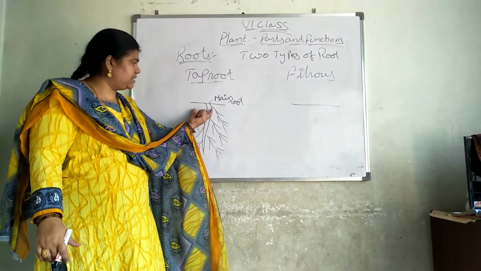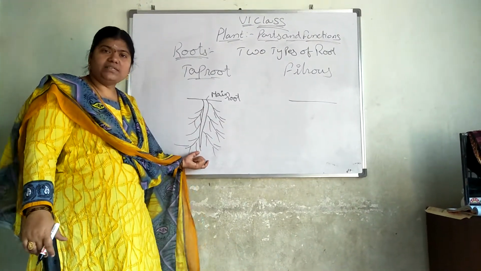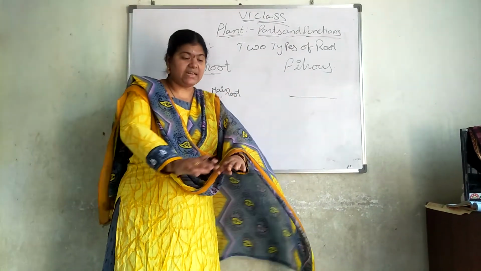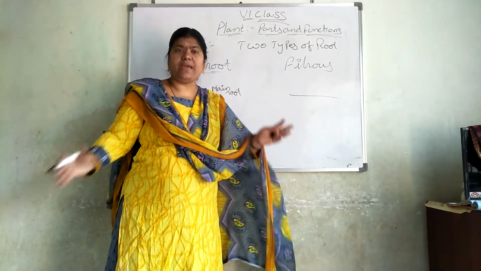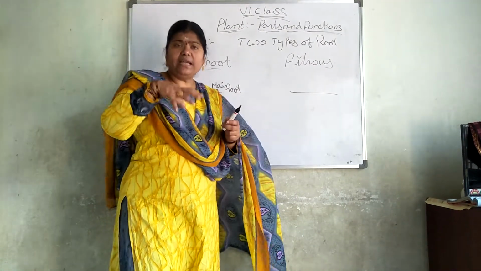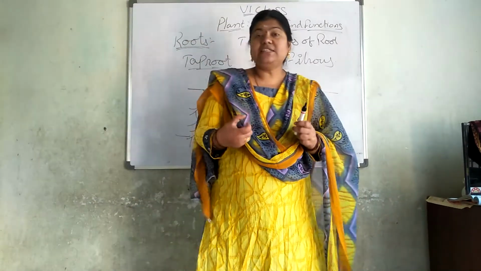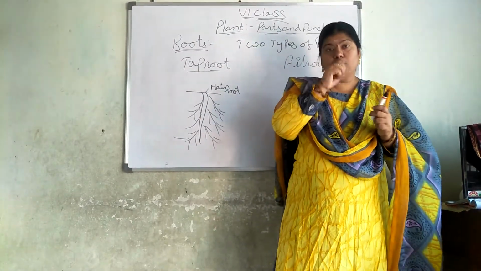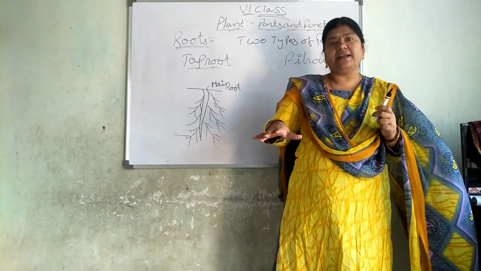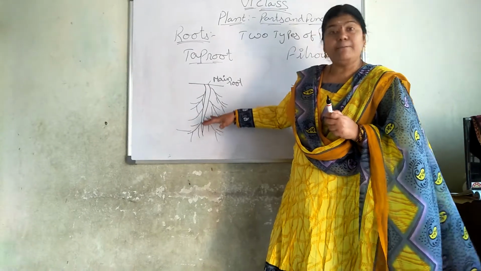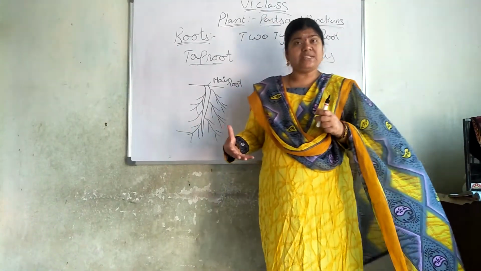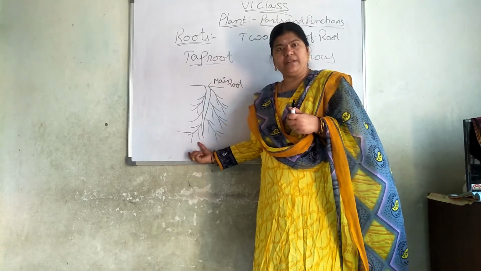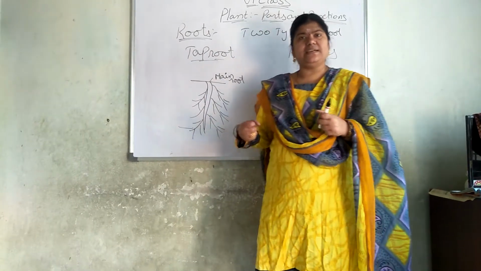Here in this root system, all the trees will be very big. They'll grow into big trees and the roots will penetrate. The main root will be going deep into the soil and it is very difficult for us to pluck out. Only the trunk part we can cut, but we cannot uproot. We cannot take out the main root of that particular plant. It's not easy to take out.